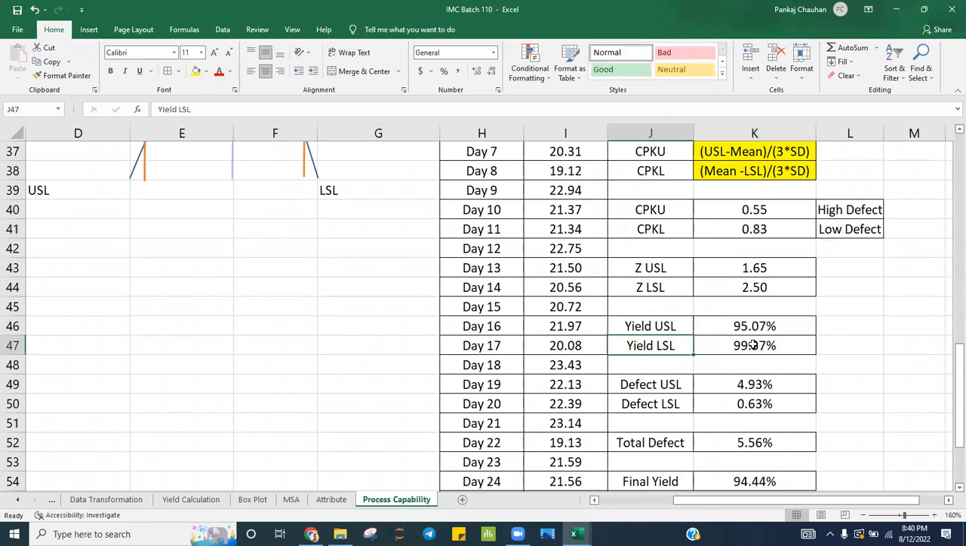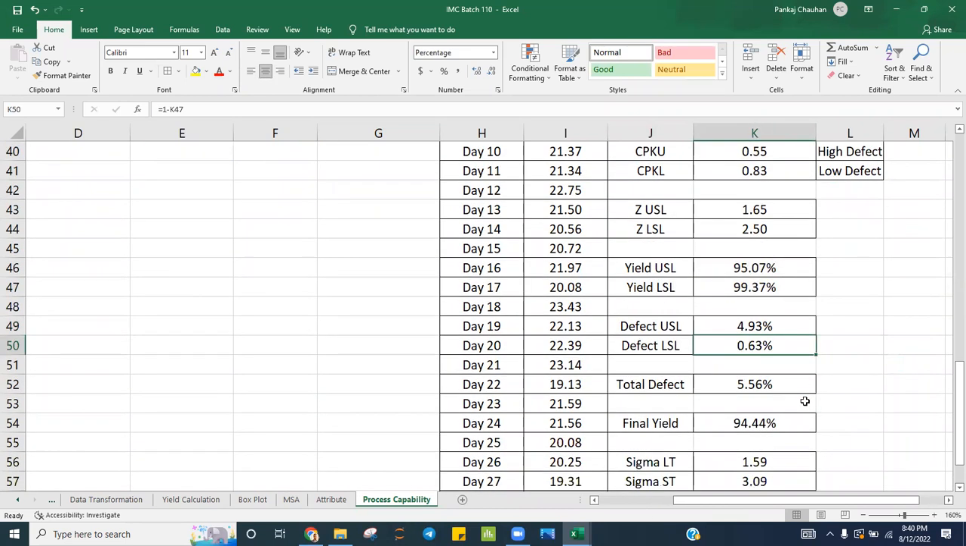On the lower side, 99.37% within specification, which means how much is the chance of out of specification? These 4.93 on the upper side, 0.63 on the lower side. So total defect, what you can get, the probability is around 5.56%. If you can tolerate the 5.56%, you can see your process is capable,